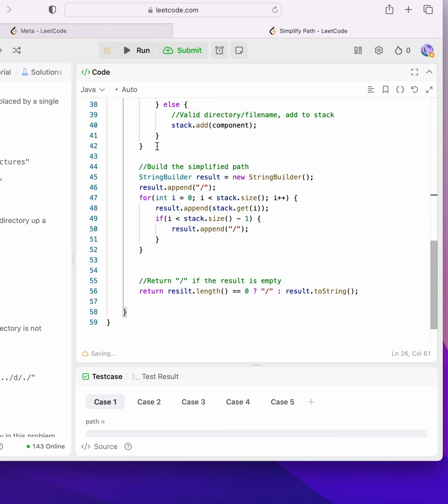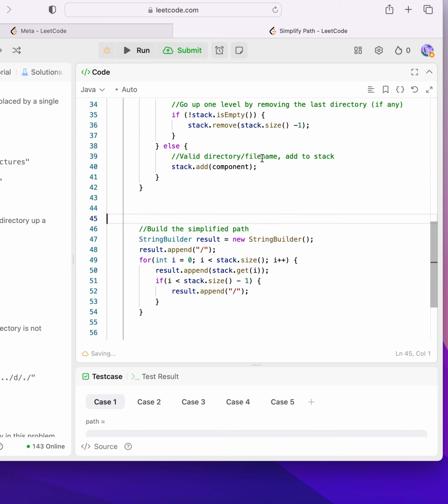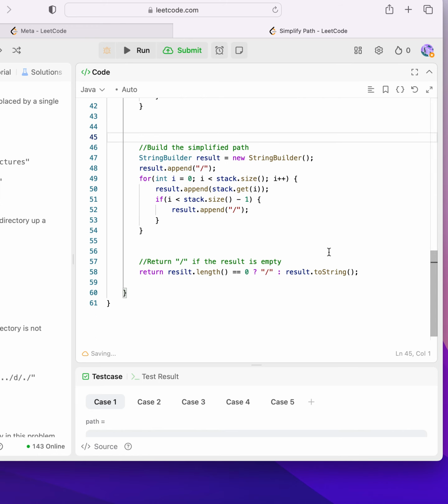Now we are building the simplified path. We have a string builder and we are appending root to it. It always starts with root, and then we are looping through this array list, and the first element in the array list is home, so we are appending home, and then